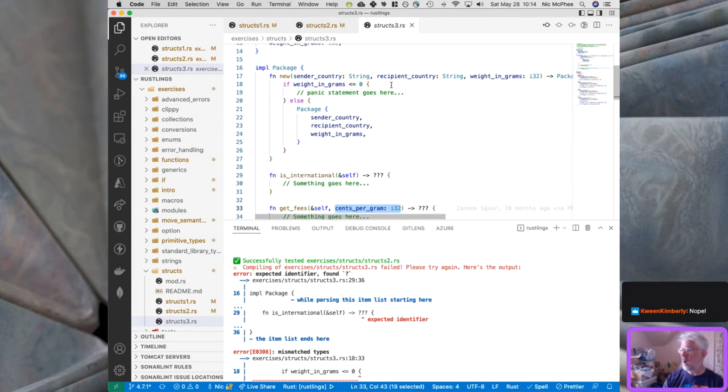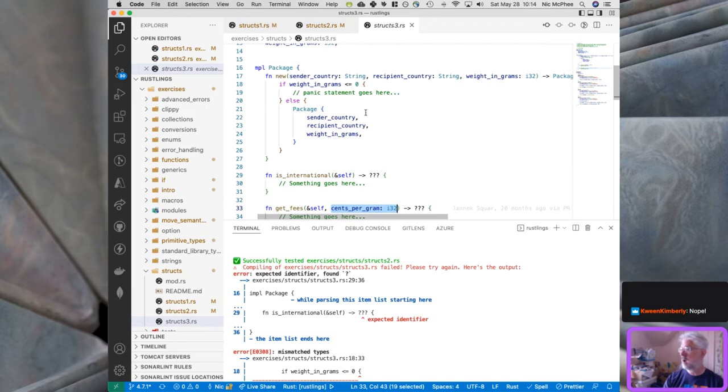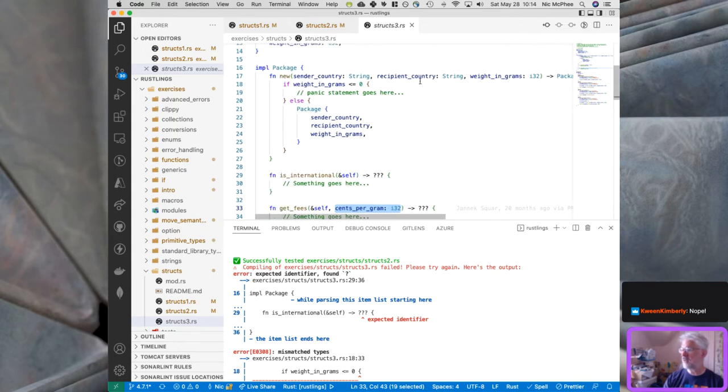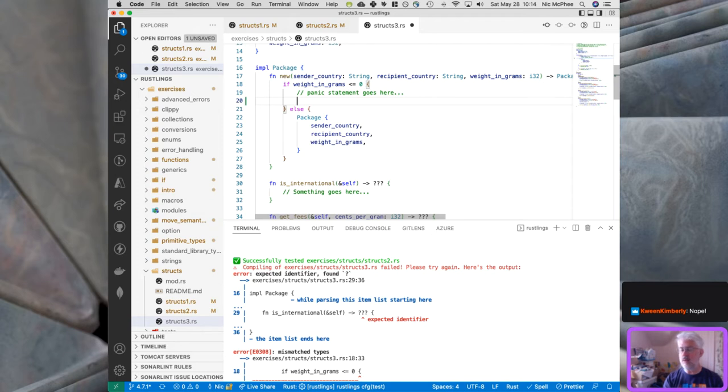So we can create a new package. This is why they did the I-32. They want to have this check here. So we'll hand it these two strings and a weight, and the first thing we're going to do is check that the weight is greater than 0. They actually don't allow 0 weight packages. And